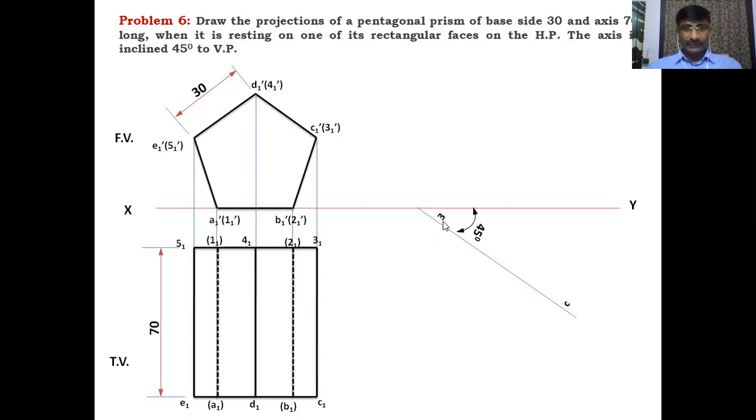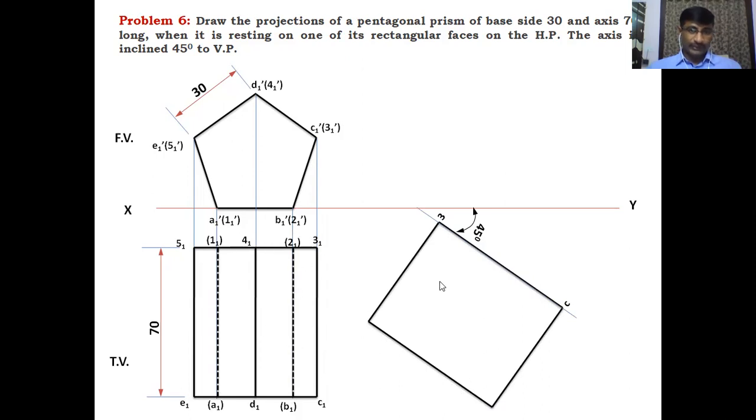Okay, after locating 3 and C, join 3 and C with a dark line. So the distance between C and 3 is equal to 70 mm. After getting this 3C line, draw 2 perpendicular lines to the 3C line, the 2 base lines. These are the 2 base lines perpendicular to 3C, and join those 2 base lines with a dark pencil. This is also one of the edges, the longer edge in the pentagon. So like this, you have to rotate this solid. This is the top view in the first stage.